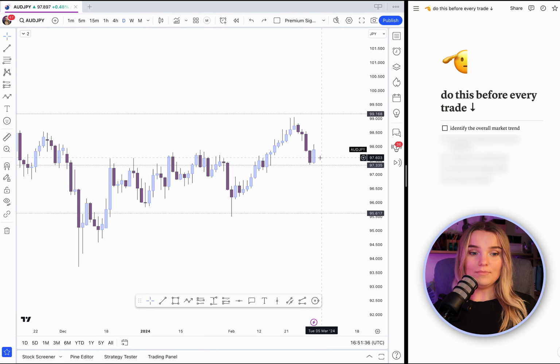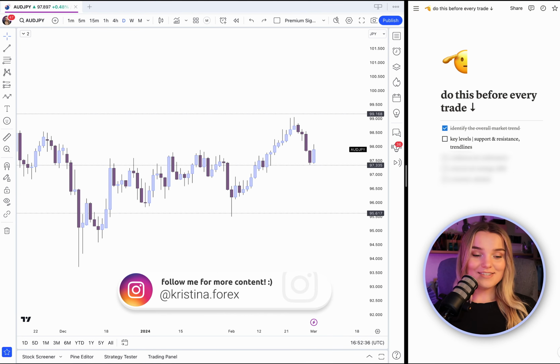Once you confirm that, you can go onto the lower time frame. You can go to the 4-hour, 1-hour, it really depends on your trading style, and confirm the same thing you saw on the monthly, weekly, and the daily charts as well. Okay, so step 1 is done. We have a chart that is currently trending in the same direction across multiple time frames, following the top-down